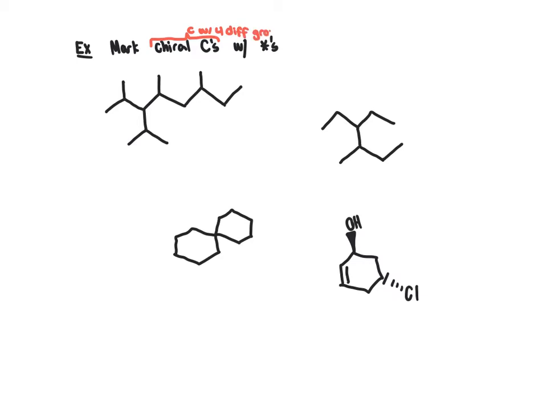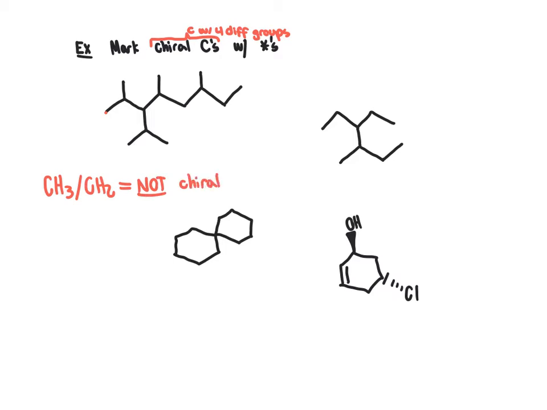Now when we say 4 different groups, we don't mean that there's 4 different atoms attached directly. We mean entire groups that are bonded there are different. So let's take a look at our carbon atoms. We'll just go one by one and we'll mark off the ones with stars that are chiral. So this carbon here on the end, definitely not chiral. Anything that is a CH2 group or CH3 group absolutely cannot be chiral. So immediately you can add to your list CH3, CH2s, cannot be chiral carbons ever,